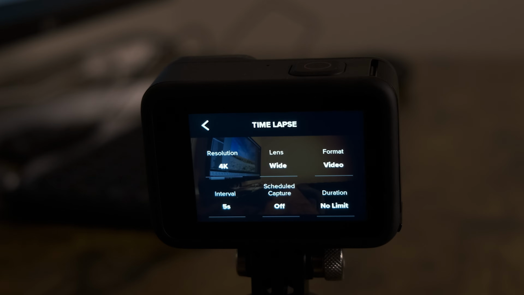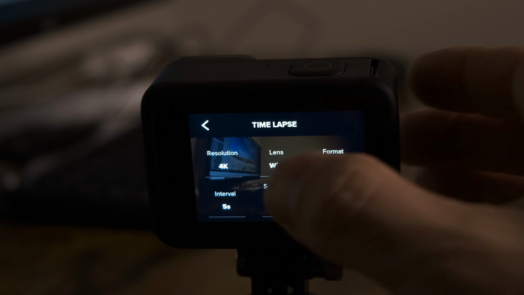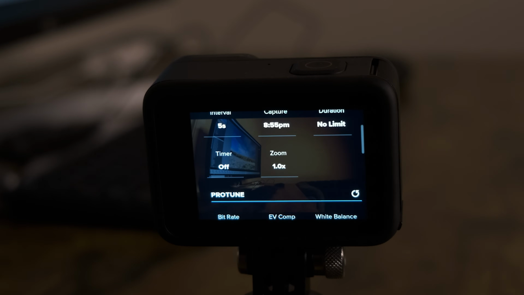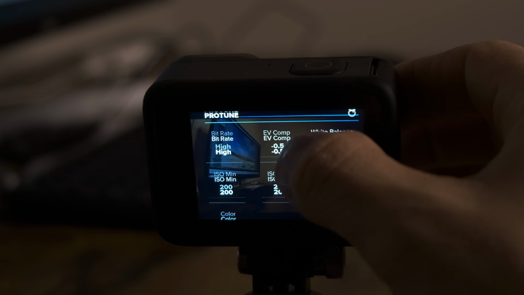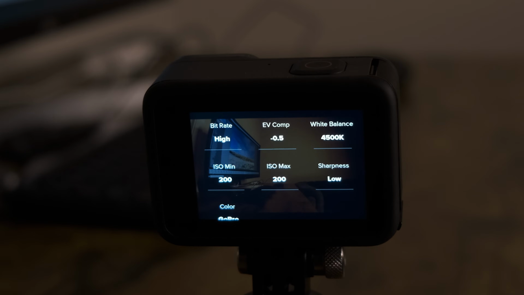For the scheduled capture, we're going to set that to off. The duration, we're going to do no limit. For the timer, that will be off, and zoom, we'll leave that at 1. For the bitrate, you want to make sure that's set to high. That's going to capture the most detail in your time lapse, and you definitely want that. For EV comp, you want to set that to negative 0.5. It's a good idea to have the exposure compensation a little lower than 0